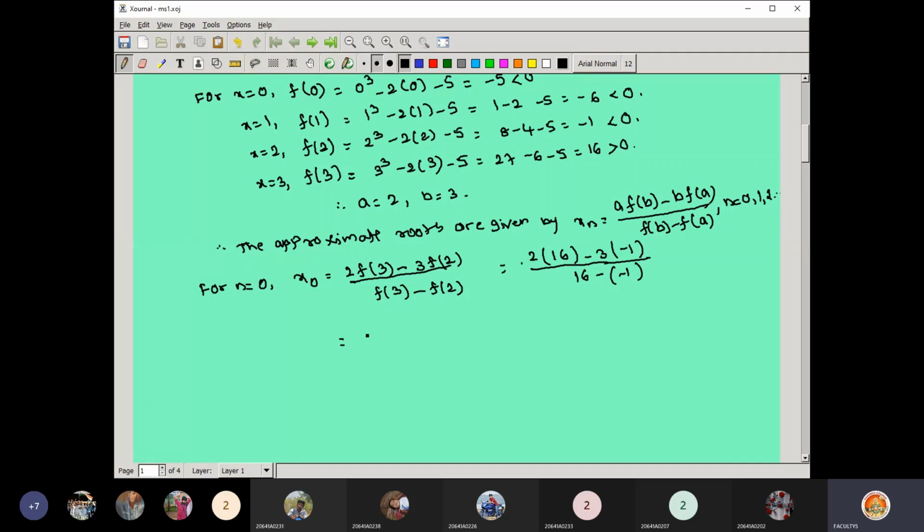Just substituting those values, you get 32, that becomes plus 3. Overall it is divided by 16 plus 1. So 16 plus 1, you get 35 divided by 17. You can use your calculator, 35 divided by 17, so that you can get the answer